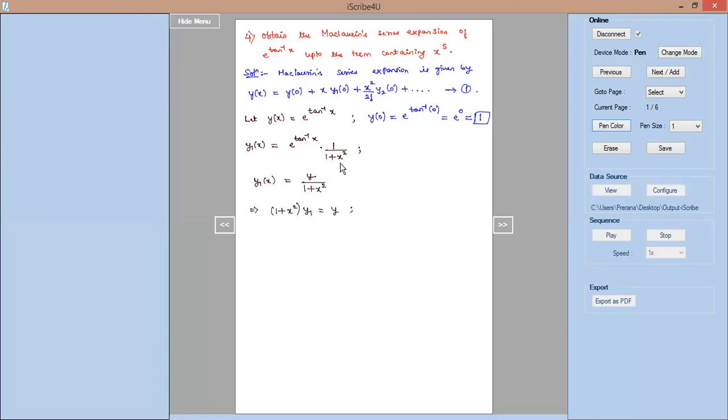So this becomes the simplest expression for us for the next set of differentiations. E power tan inverse x is nothing but y, so that we use as a notation for the numerator here. Denominator 1 plus x square we have written as it is. And in the next step, we have cross multiplied 1 plus x square to the other side. On the left hand side, we can as well write it simply y1 also. y1 of x means as a function of x it is. That is what we are mentioning.